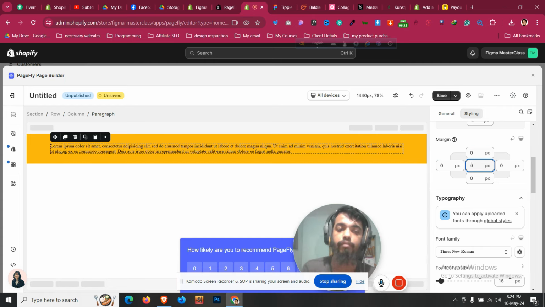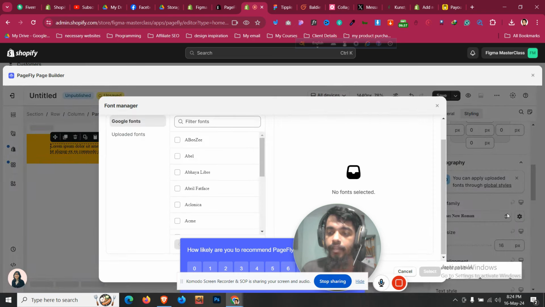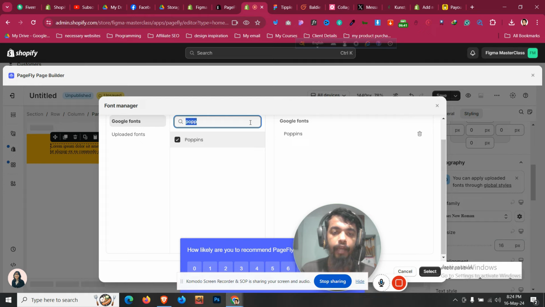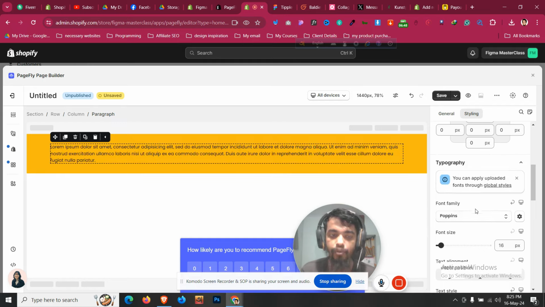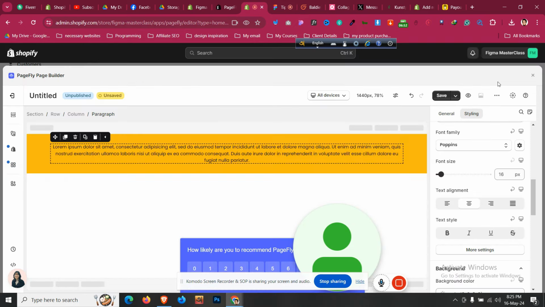So I always try to make it 0. Then I'll choose the fonts from here. So I'll click this setting icon, and I'll go to Poppins, and I also search for Montserrat. Okay, and then I'll click on select. And for paragraph, I will use Poppins, and I will click on center align, and the text is also black,